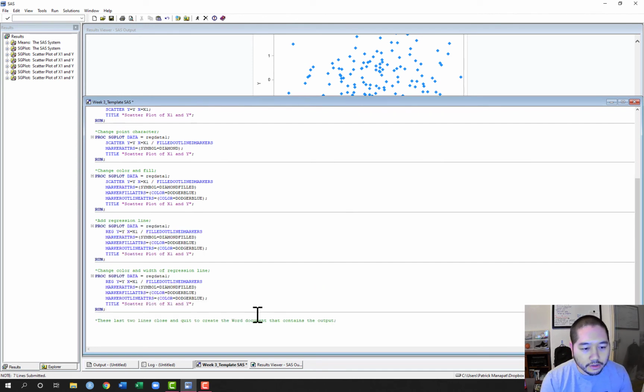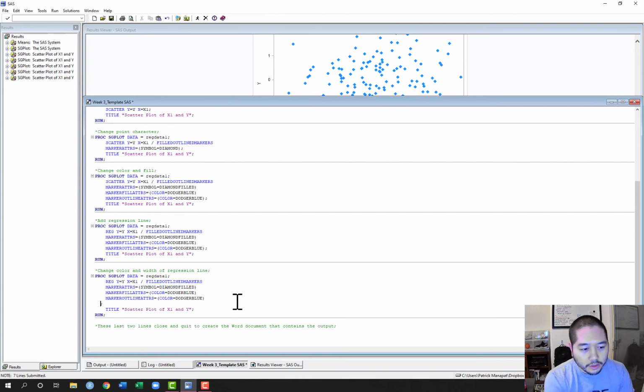And here we'll change the color and the width of the regression line. So to change, what I'm going to do here is click again in between the close parenthesis for Dodger Blue and the semicolon before title. I'm going to enter onto a new line, and now we're going to change the line attributes. So LINEATTRS